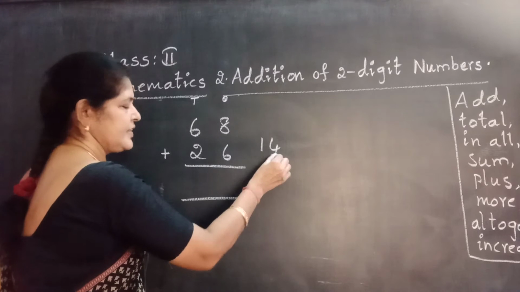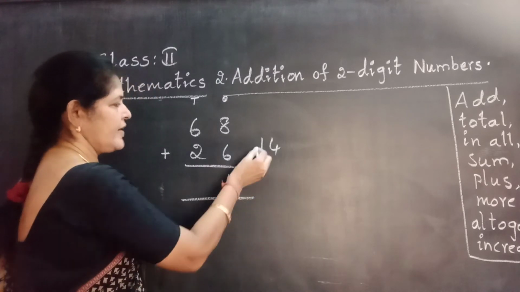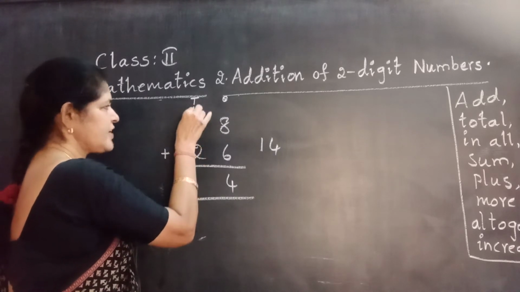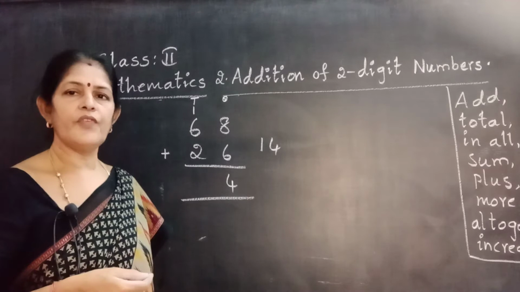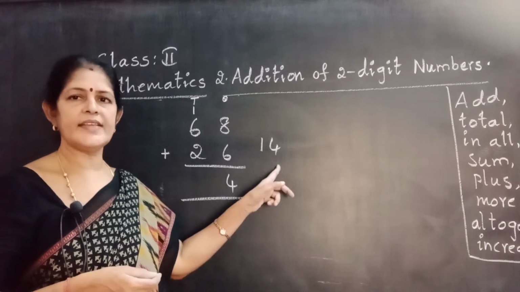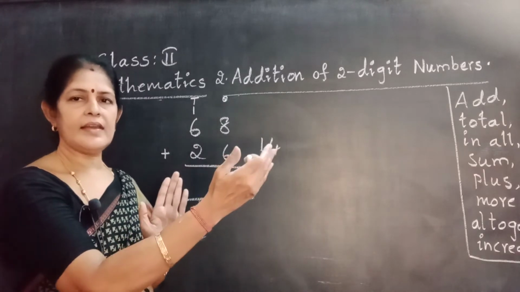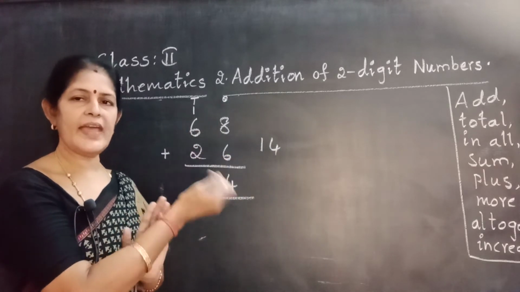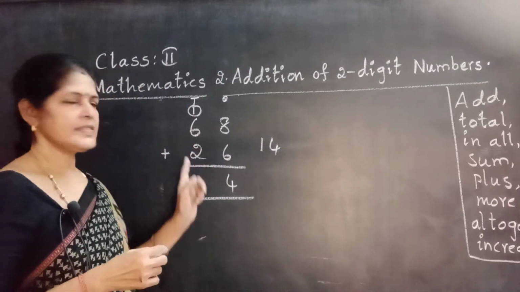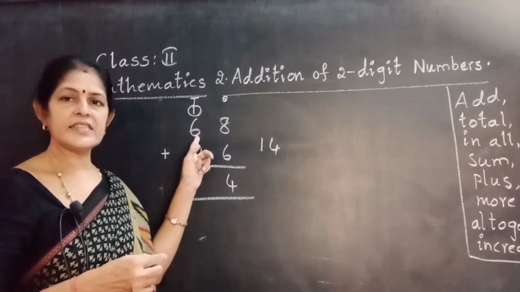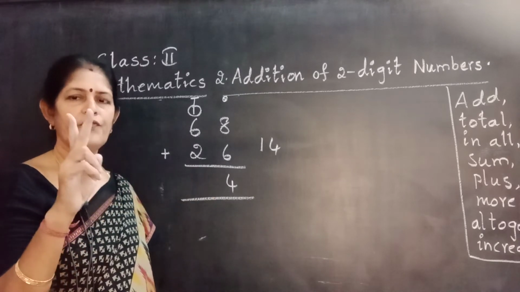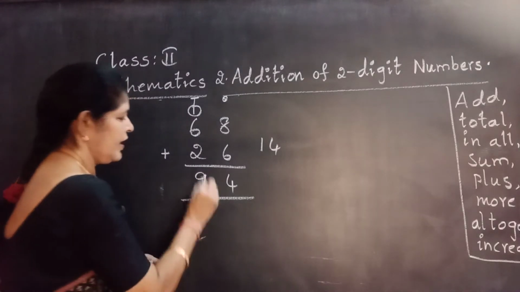Here 4 is in the ones place, 4 write in the ones place, 1 carry forward to tens place. That means right above 6. This is called with regrouping. After adding ones, if you get a two-digit number, separate that number. That means ones number in the ones place, tens number carry forward. Now 1 plus 6 plus 2. 1 plus 6, 7. Very good. 7 in the mind. Take 2 fingers. 7 after 8, 9. Understood?